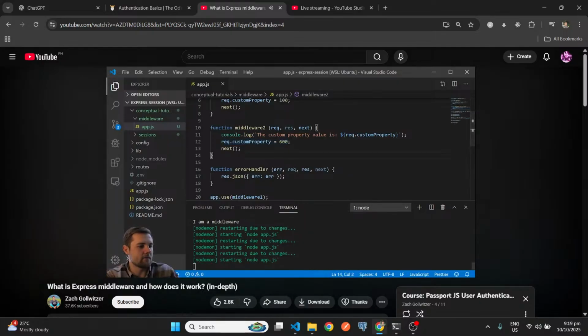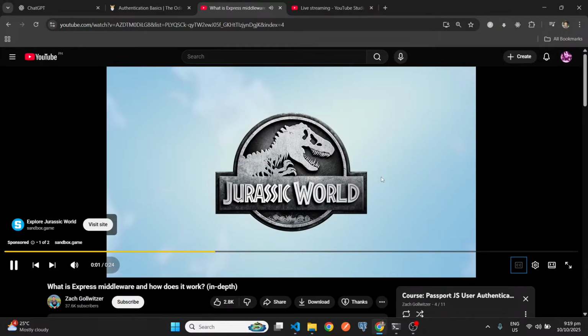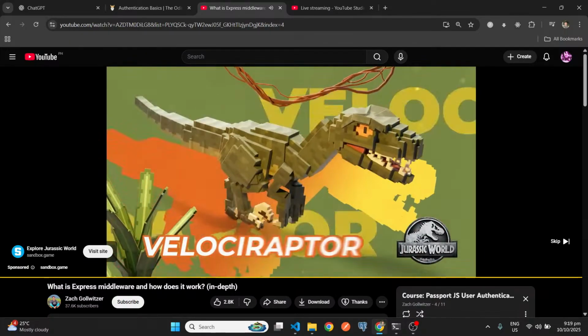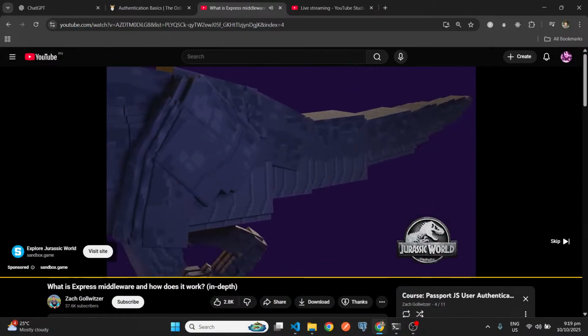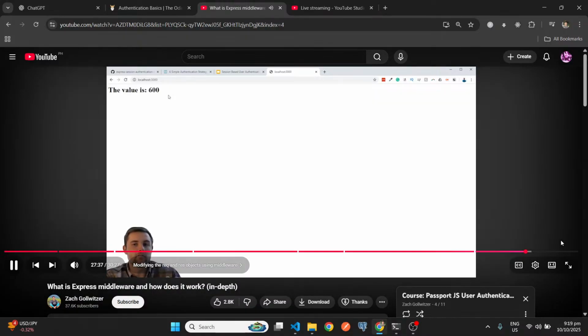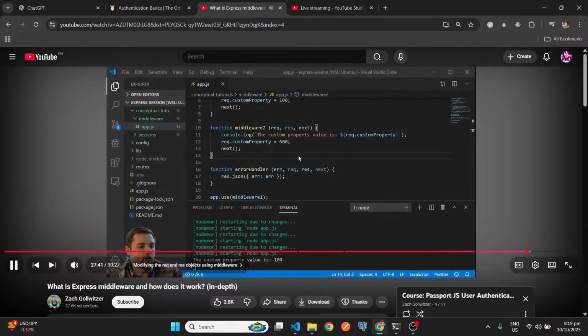So let's save that, go to the browser, and see what we get. So we see that the value is 600, and that is because we set it in our